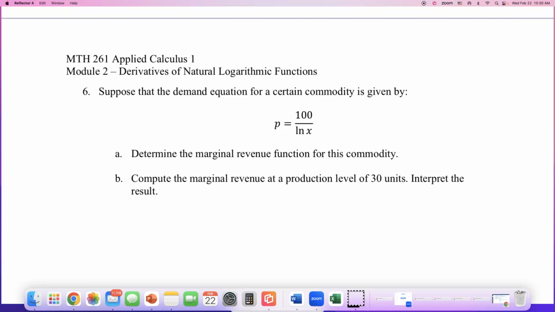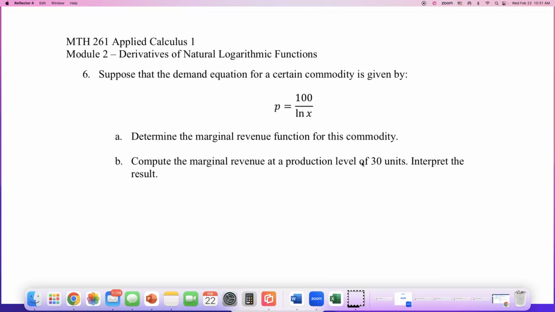Suppose that the demand equation for a certain commodity is given by P equals 100 divided by natural log of x. So x must be the number of items sold here. When part A is asking us to determine the marginal revenue function for this commodity, we have to start with the total revenue function. Write down that the total revenue function R of x is equal to the number of items times